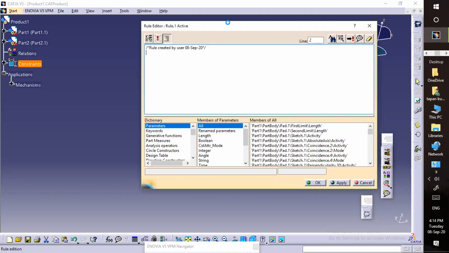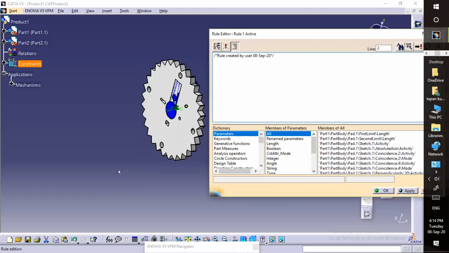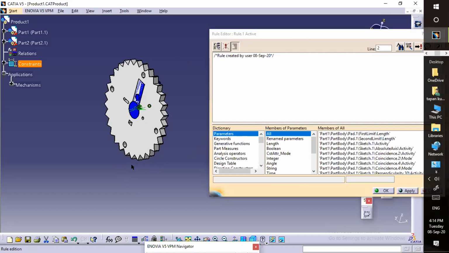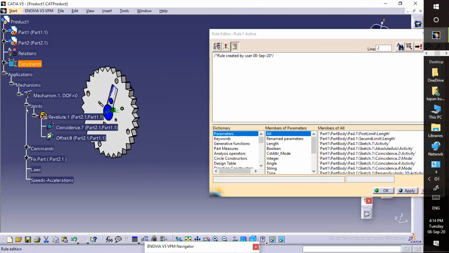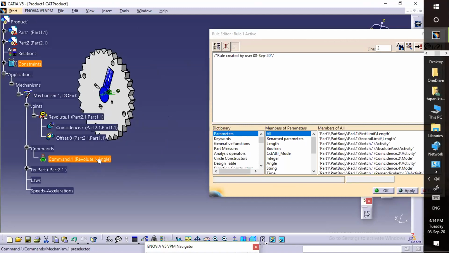As you can see here, we have given a command, right? Just one minute. So this is the command. The command is revolute angle. This command we need to select.